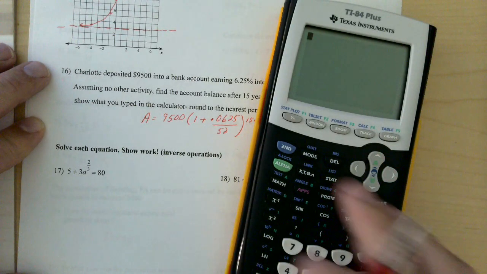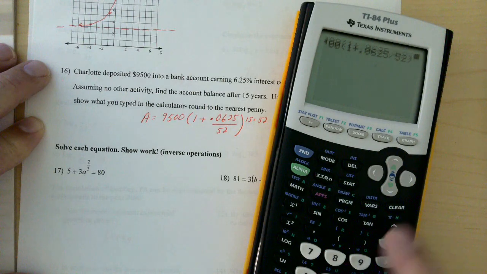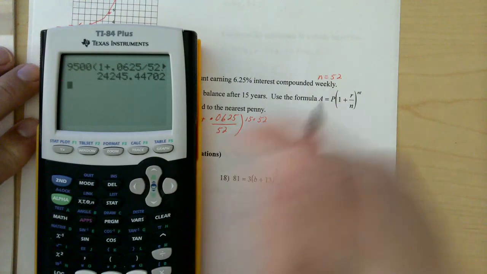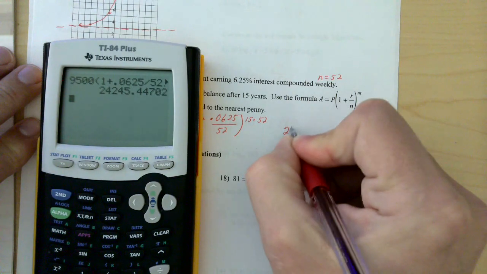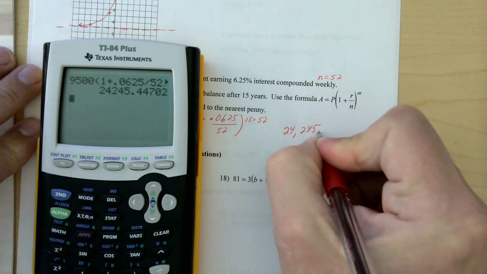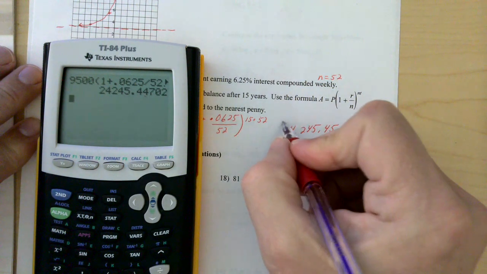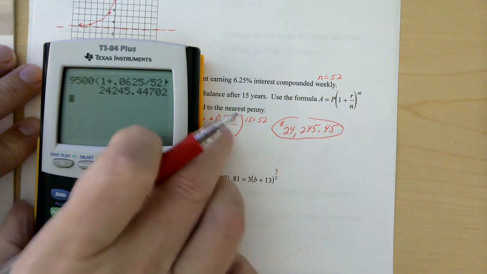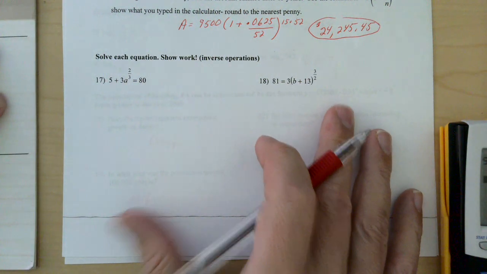So once I do that, I just simply type in to my calculator exactly what we wrote down, 0.0625 divided by 52, raised to 15 times 52. And you're going to see at the end of 15 years, your $9,500 becomes $24,245.45. You should round that 4 to a 5. Okay? And then the last two questions on your quiz is really from Chapter 5,